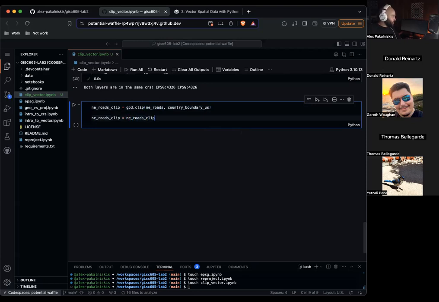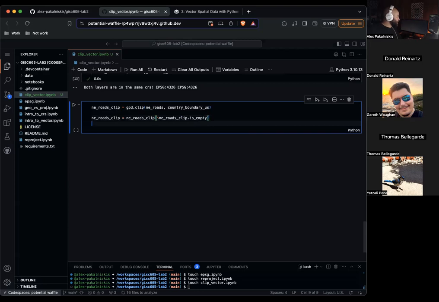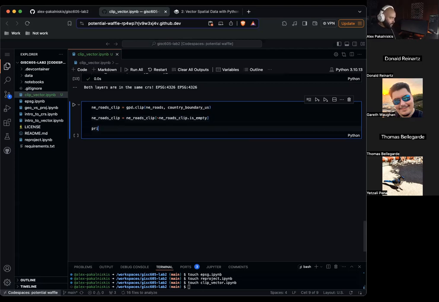And we're going to ignore missing and empty geometries. So now print the clipped data to show that it has fewer line objects. Any roads clip shape, any roads shape.